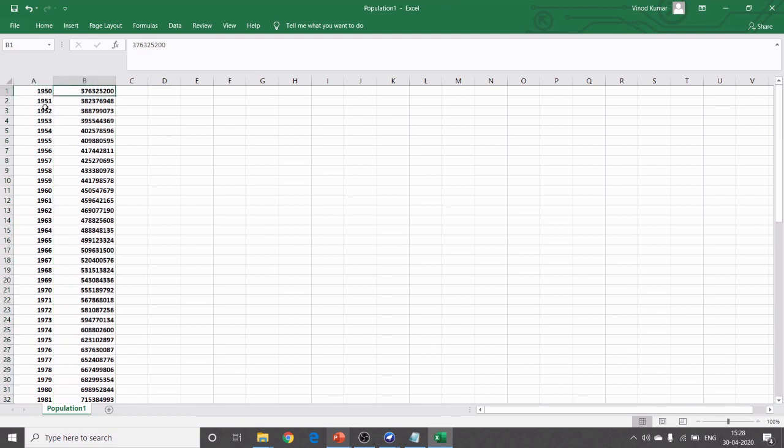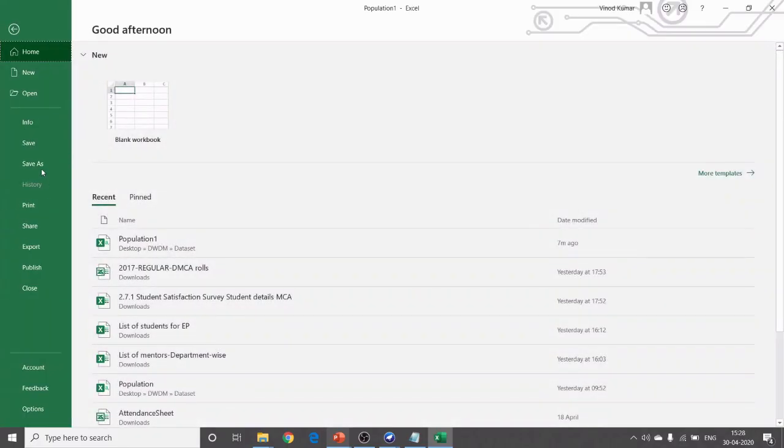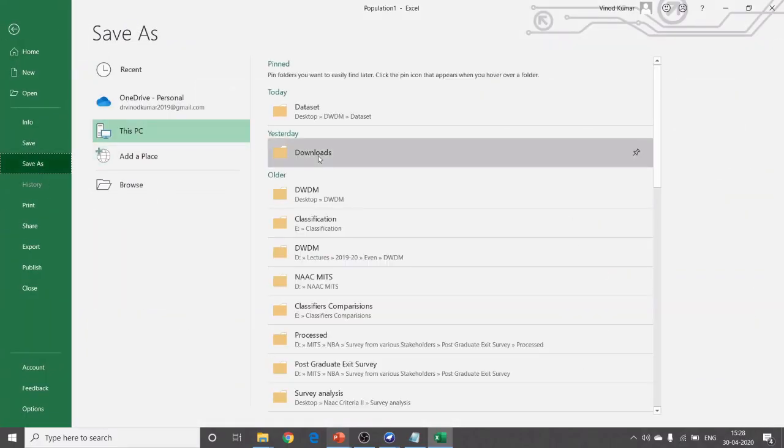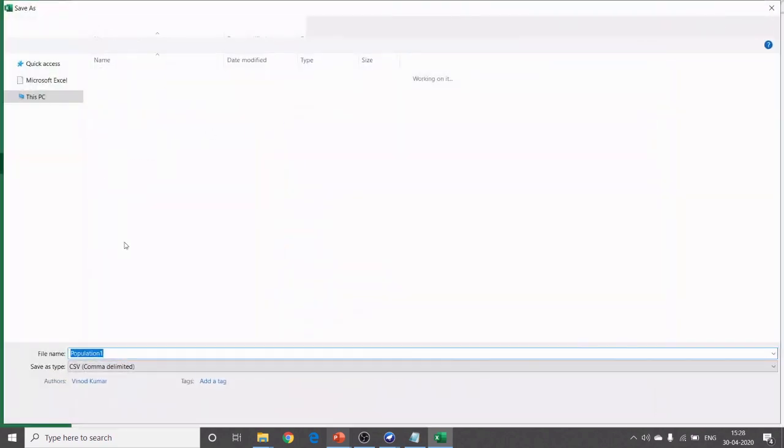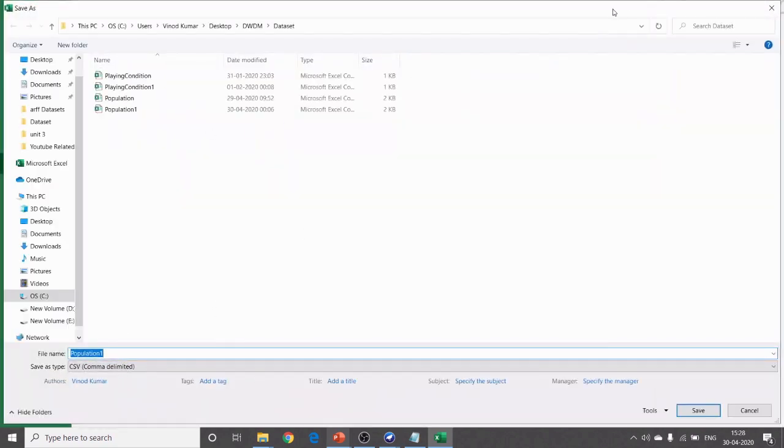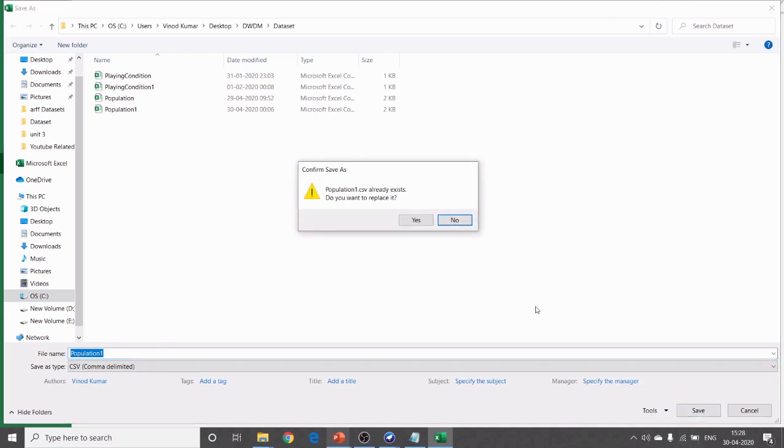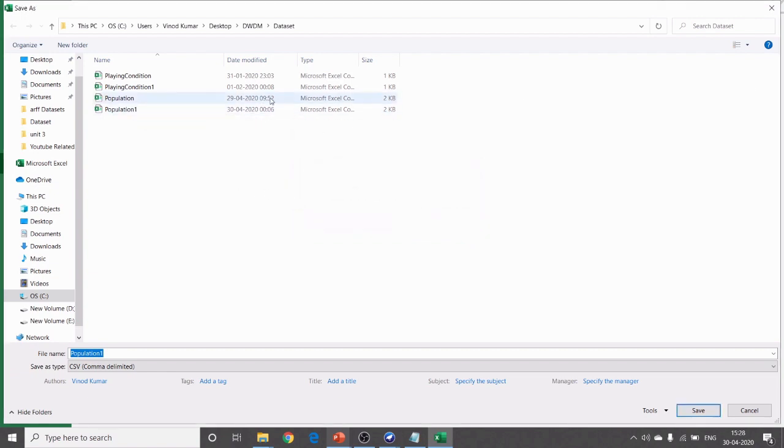And what I did, I pasted it here, and I can save this as a CSV file format. This CSV file format data I already saved here, so I will not save it again because it is already in CSV format.